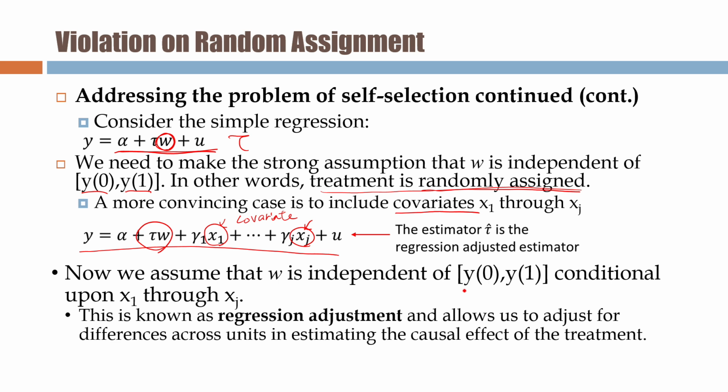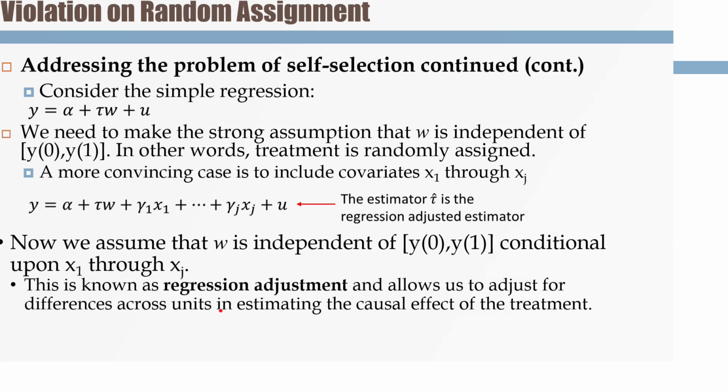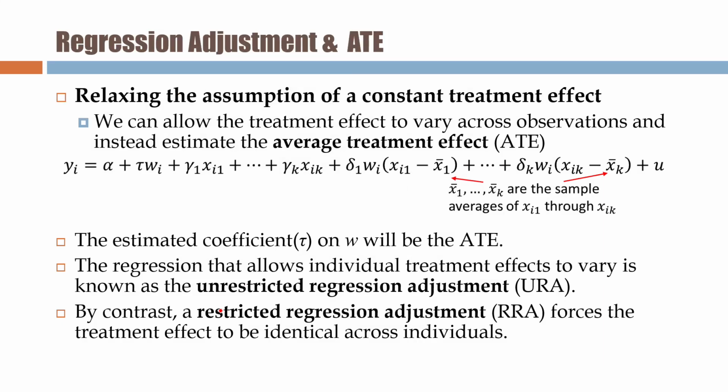And we created a Y model. Then we will do the regression and find out the effect. This is what we call regression adjustment. How can we adjust our regression? As a result, ATE is the average treatment effect. In short, this ATE will be tau here when we do the regression using this model, alpha plus tau times wi, plus gamma 1 xi1, up to gamma k, and then